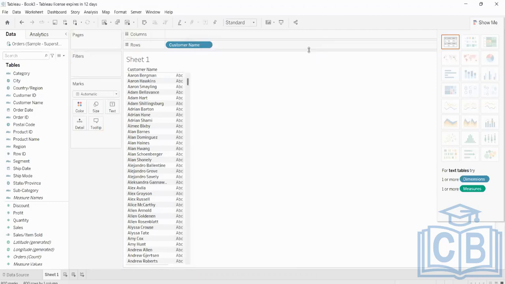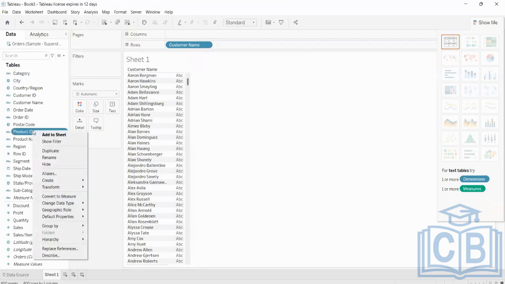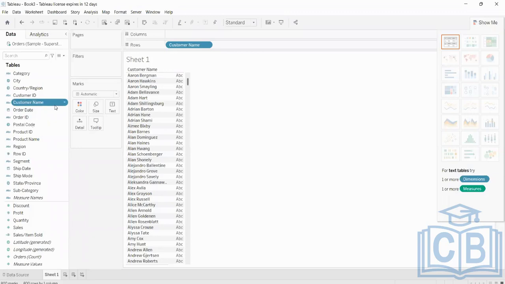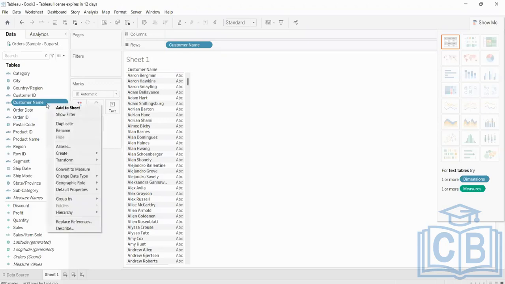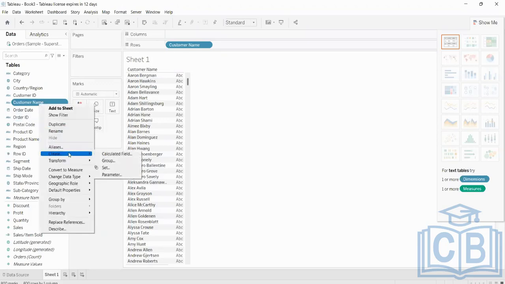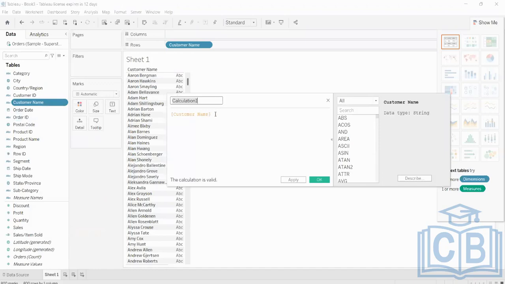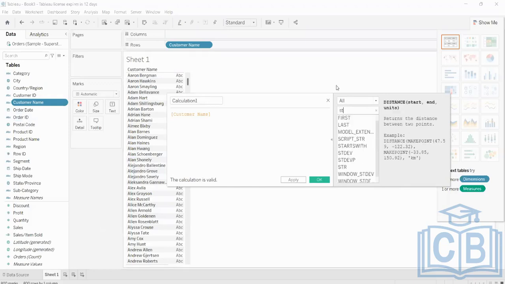But over here, as we are doing a calculated field and a more sustainable form of thing, we know that we will be modifying customer name. So we will create a calculated field on customer name. Right click on customer name, create calculated field. Now we see that customer name automatically comes up. What is our criteria? Names that start with S, correct? Now let's see what we have as a formula. We do see that we have a formula called starts with, correct? So let me use this formula starts with,